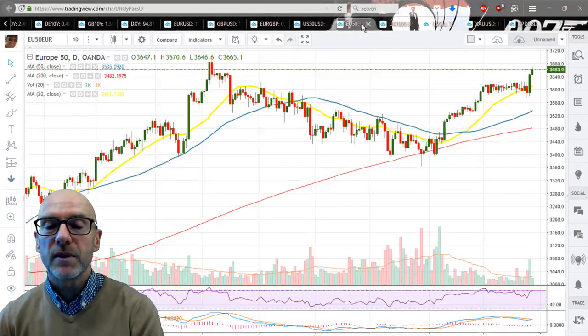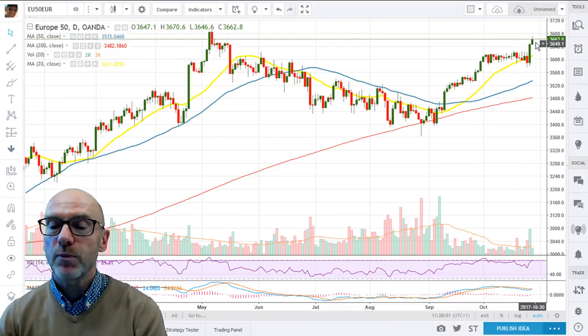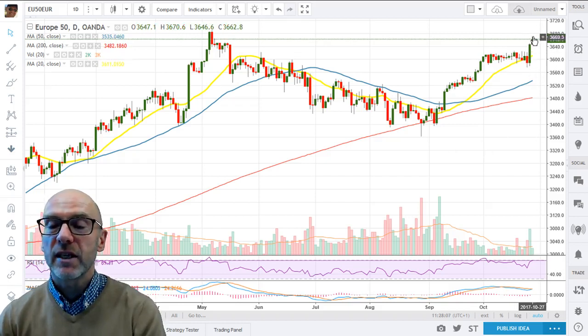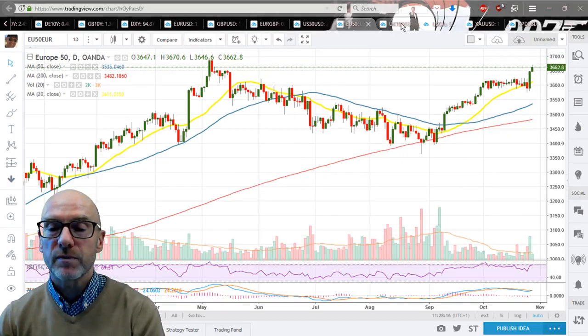In the European markets, here we've got the Euro Stoxx 50. You can see that's broken into new high ground as well. It was positive. We had the flag. Expect the rally to continue into new high ground and then get another flag. RSI and MACD are positive.